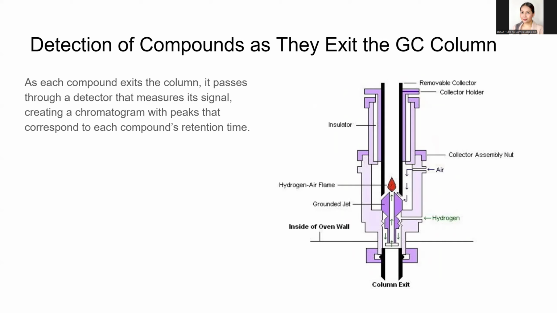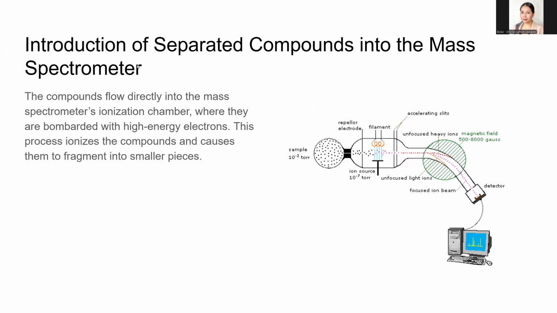So this step generates a chromatogram, which is a visual representation of the separation process. The peaks on the chromatogram correspond to different compounds, with the area under each peak correlating with the concentration of the compound in the original sample. And then moving forward to step 5,